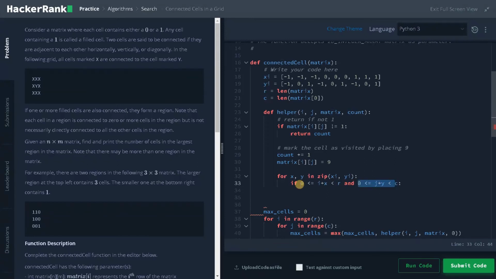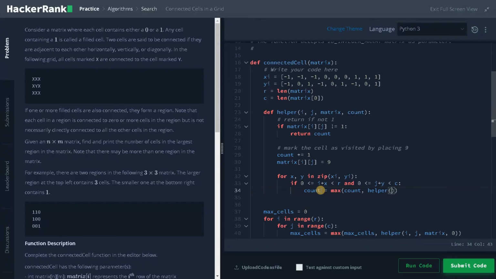We usually use these conditions in some check function. I'm just using it inside a single function itself, so you can use anything you want. So now we have to go for the count, right? So count equals max of count comma helper of.